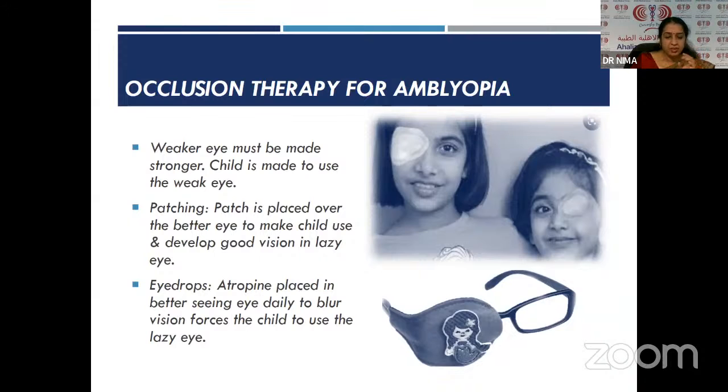But initially you can make it 2 to 3 hours, and during that time engage the child in near vision activities. Don't do the patching while they are studying. They can draw, paint, make Lego blocks. Half an hour they can watch TV. In that way, you can make multiple activities for the patching. I usually tell them don't do the patching while you are making them sit and study. If they are okay with that, it is well and good. Otherwise, this one is better.